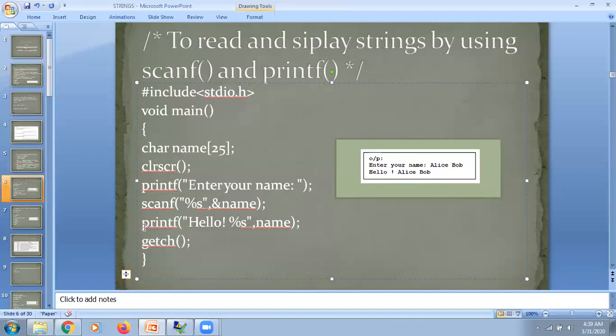Okay, so whatever string I have read, I'm supposed to display it. How can we do that? Using this printf statement: Hello percent s. Percent s means it contains the string which I have entered from the keyboard. From the keyboard I have entered Alice Bob. Okay, Hello Alice Bob, that message is going to be displayed on the monitor. So this is a simple program to read and display strings by using the scanf and printf statements. Okay, then next,